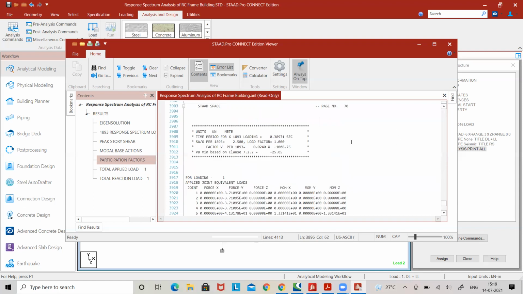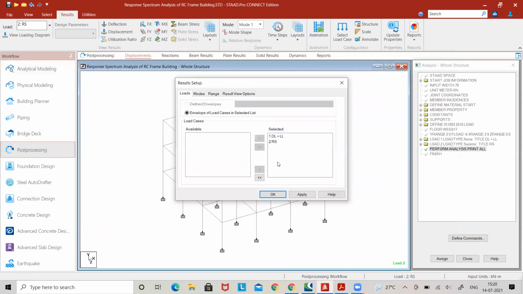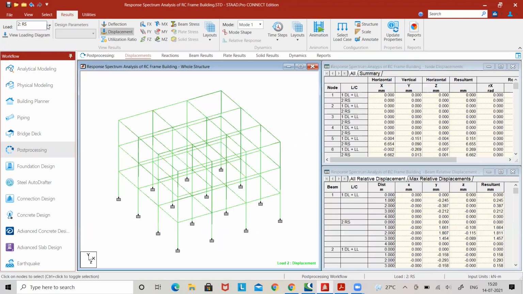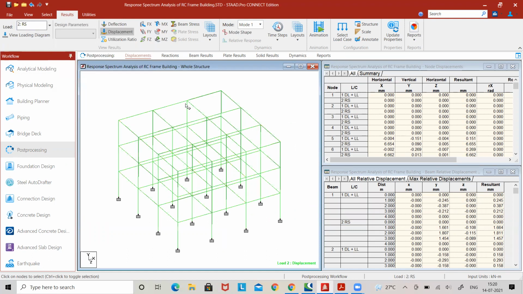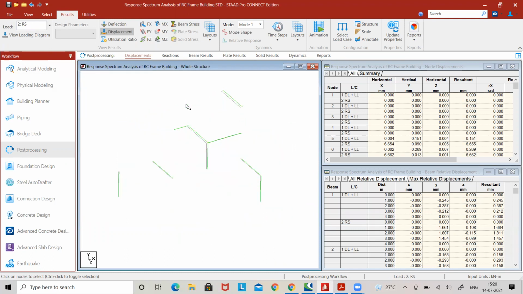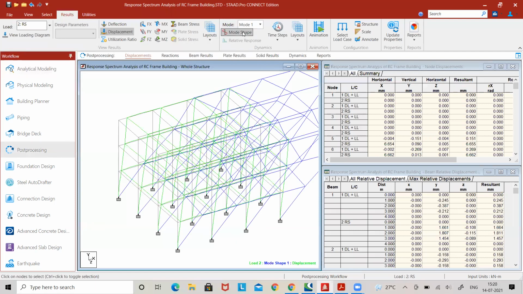We will go to post-processing. Just apply all the load cases we have created. Here we will select the load cases. You can go for results of dead load plus live load or whatever load you want. Response spectrum, you can see the deflected shape. If you want, you can go for the modal shapes also.